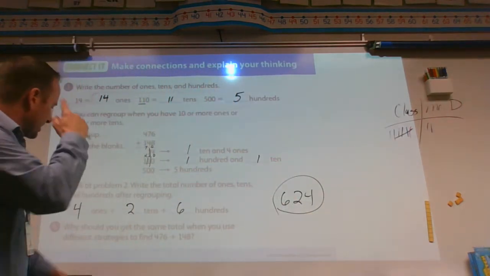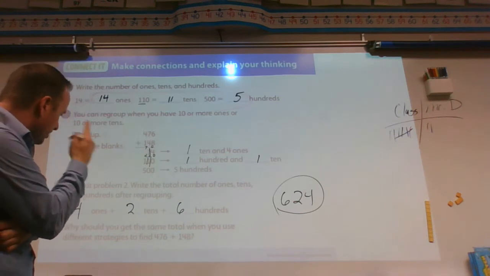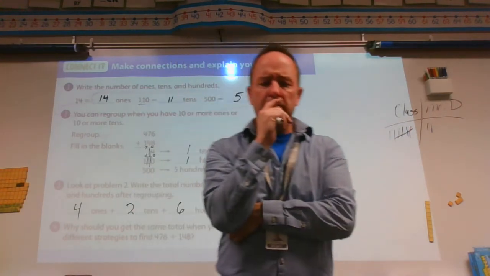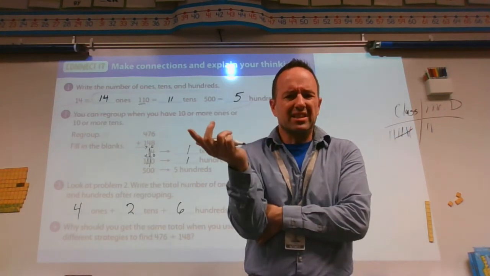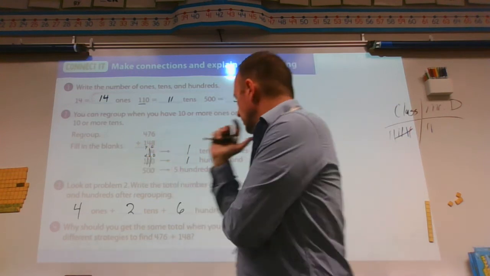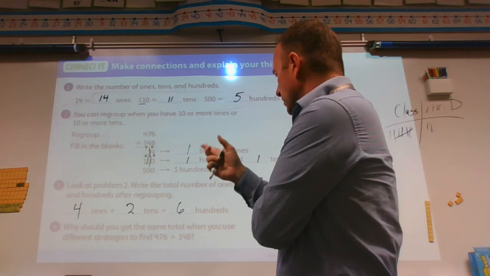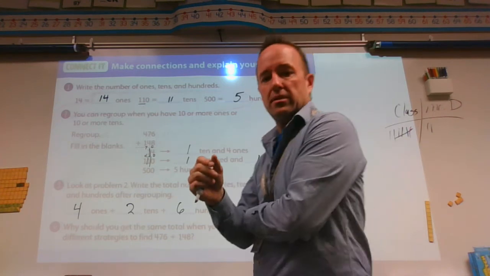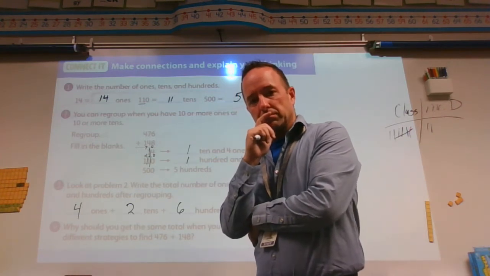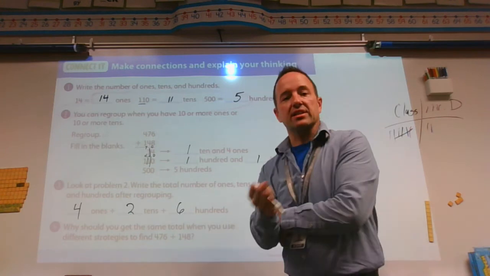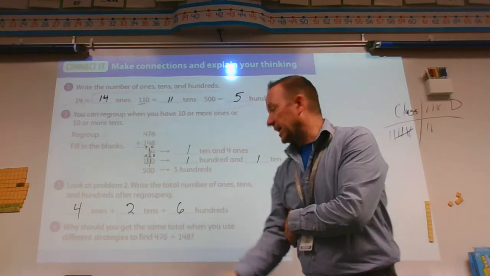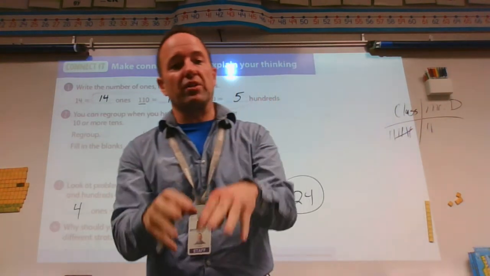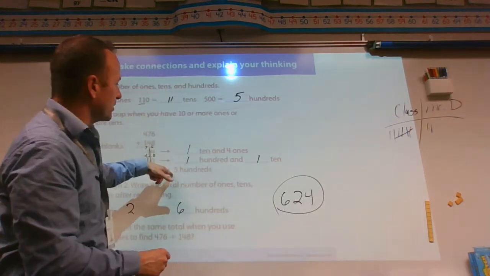All right, let's think about this. Why should you get the same total when you use different strategies to find 476 plus 148? Why should we get the same answer? Because no matter how you add it, you should always get the same answer. I did a number line, and I came up with 624. I already used place value. They broke it into expanded form with words, and then they were able to regroup, and they also came up